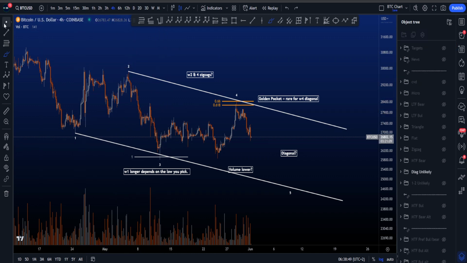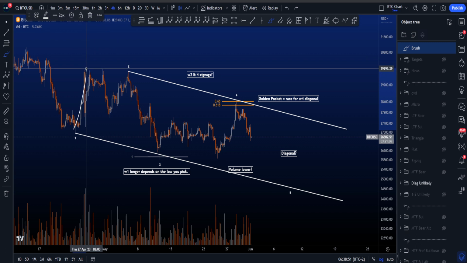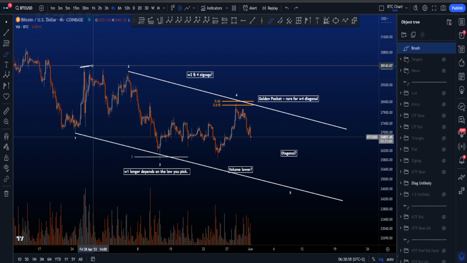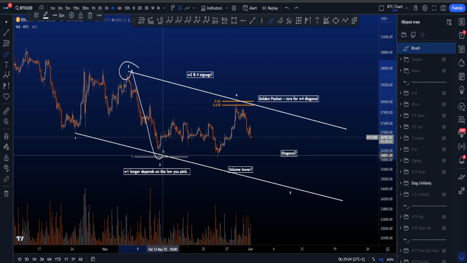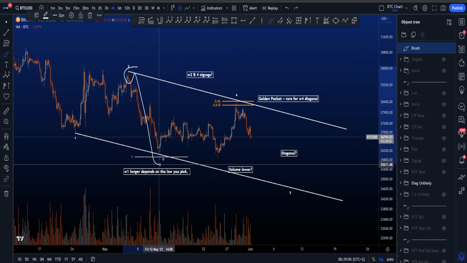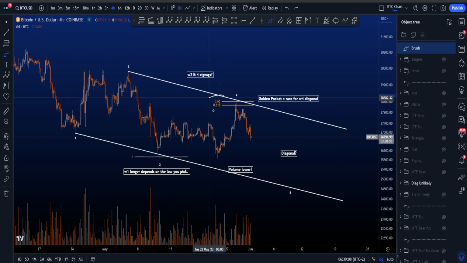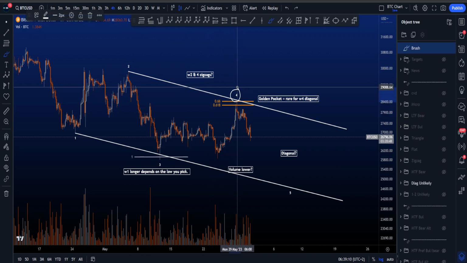And wave 2 doesn't look like a zigzag at all, because if this is a wave A, then you have a wave B, then you're looking for that wave C in a zigzag to end above wave A. However, we never took this high. If you then look at this wave 4, it hit the golden pocket, taken from the low to the high of 2 to the low of 3 over here, and the golden pocket is a rare target for a wave 4